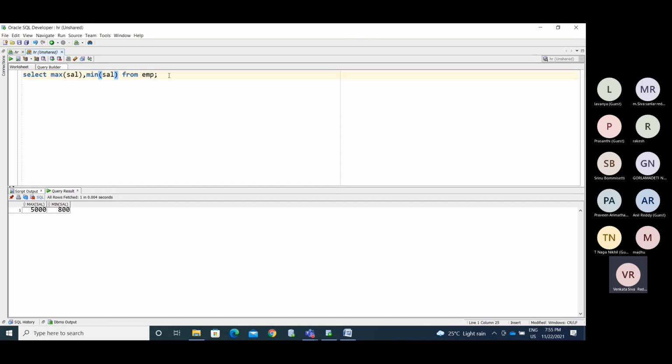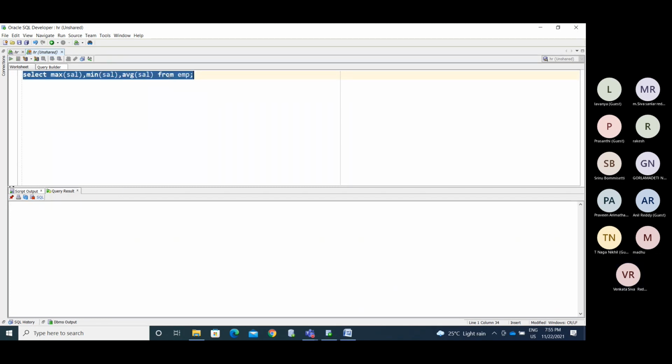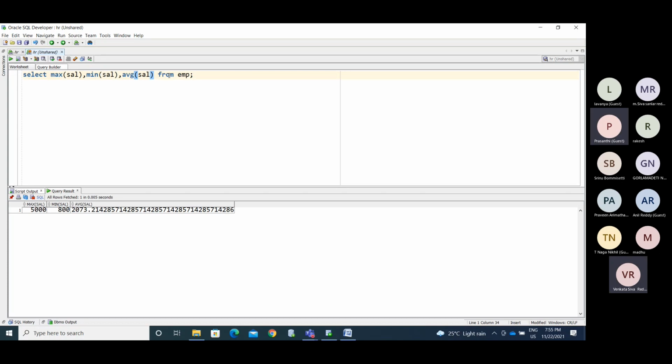No need to use different types of queries. Average of salary. Okay, now I need to find out the sum of salary. So you have this 29,025 rupees divided by 14. If you did that, you will get the average salary.